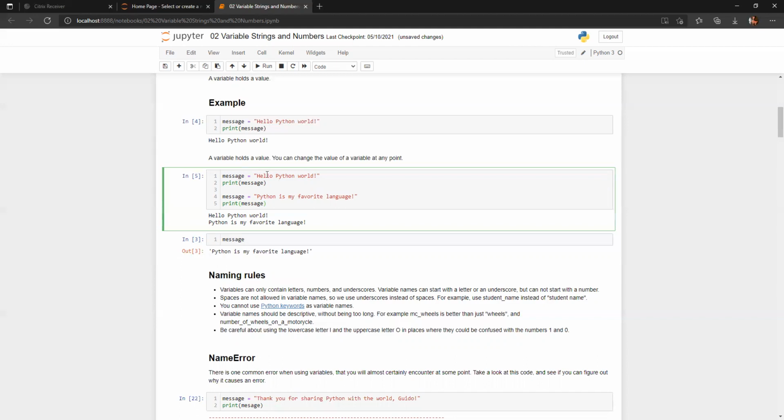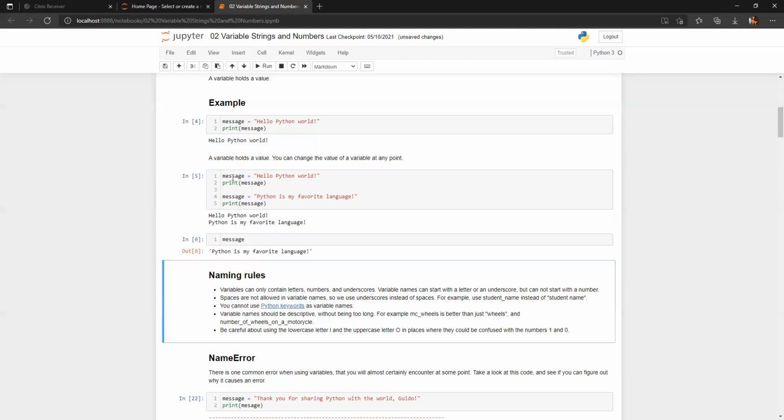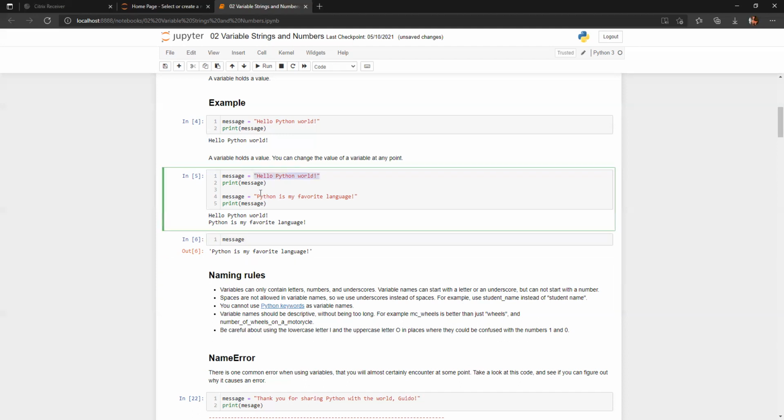It means that a variable can hold multiple values, but the last assigned value is what will be saved in that specific message. Let me run this again. I stored two things: one is the hello Python word, and the other is Python is my favorite language.